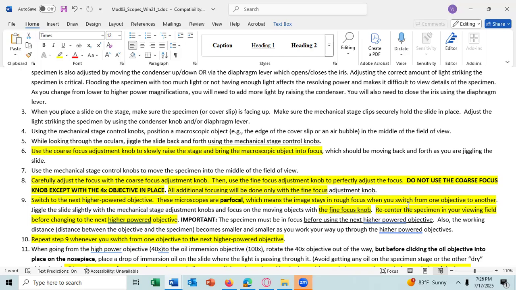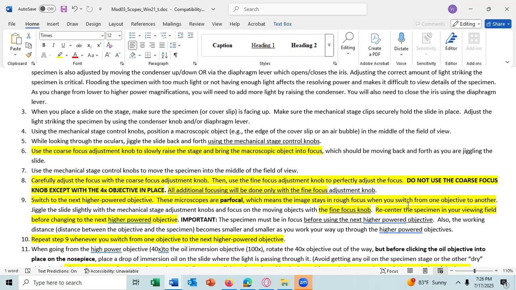For example, if this is your field of view and you're looking at something way up here, when you change to the next higher power objective, the amount of the slide that you can see under the objective lens will be smaller, something like that. And now our specimen will be out of the field of view.